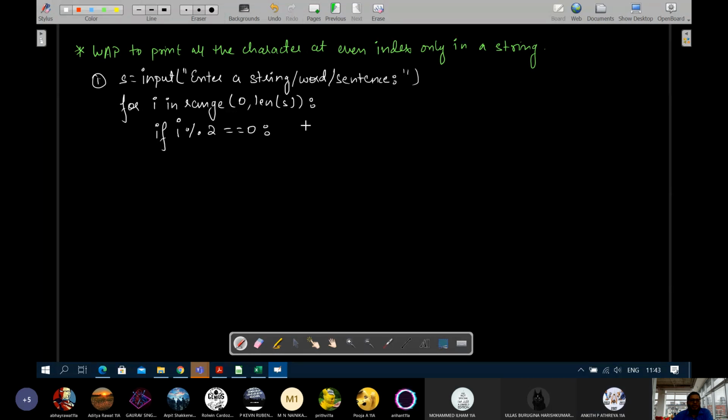Okay. Is equals to 0. We will print what? i. Is this correct? Sir, but if the index position is 0, then that also is an even number. 0 is not even.